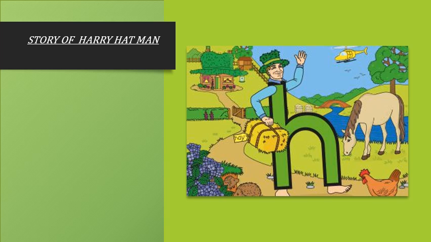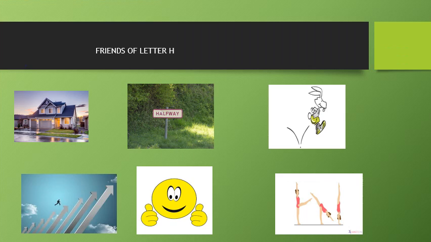That's why you can hardly hear him when he whispers his sound. He doesn't even wear shoes because they make too much noise as he hops along. When Harry Hatman feels especially happy, can you guess what he does? He does a handstand with his hat on. In fact, he does lots of handstands. That's why people often call him Harry the Happy Hatman. Children, did you enjoy the story of Harry Hatman?